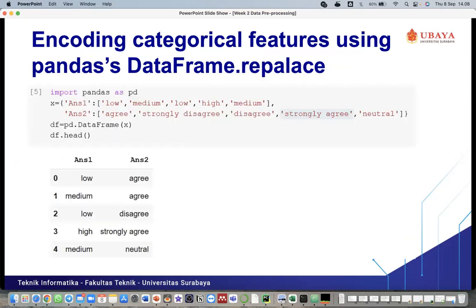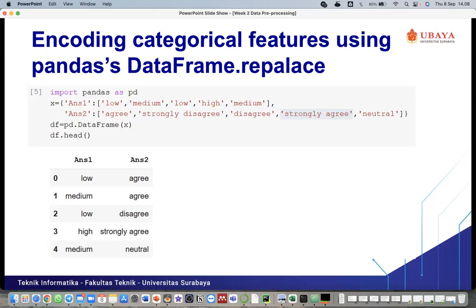So in the example we have, the attribute contains the categorical features. I think this is the answer from the surveyor, or maybe the respondent. The respondent will give an answer for each question, and the answer will be low, medium, or high.